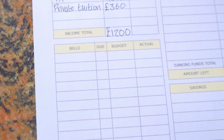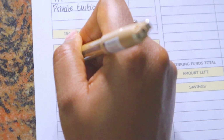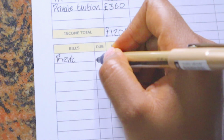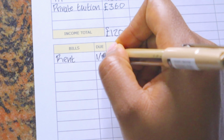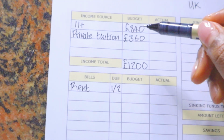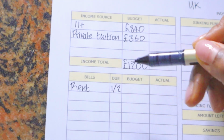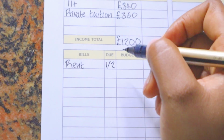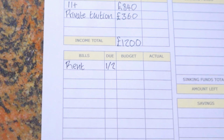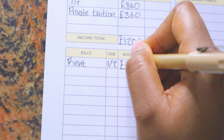I'm going to put rent. That will be due on the 1st or the 2nd. My 11 Plus money should come in on the 1st, and my rent's due the 1st. There is already some money in that account, I believe, so it should all work itself out. If not, then it normally works itself out anyway. So for my rent, 498,